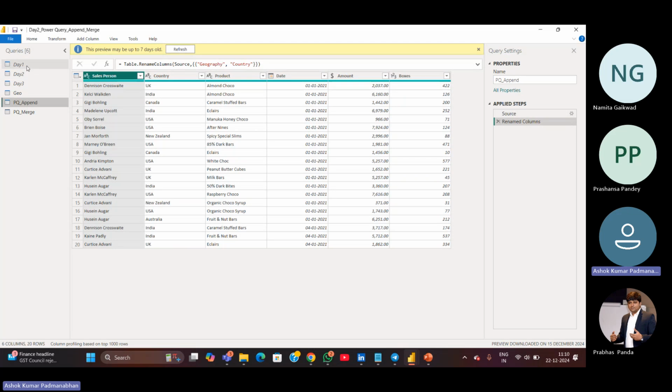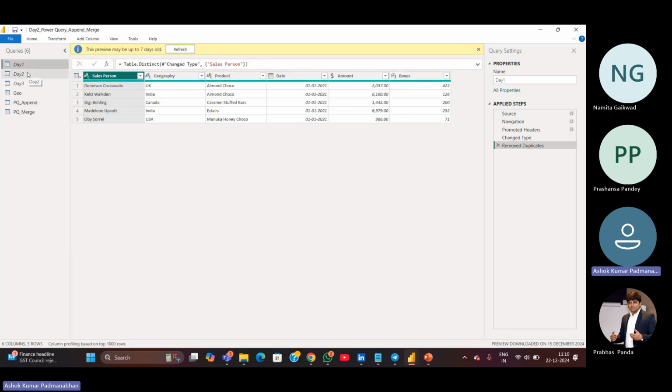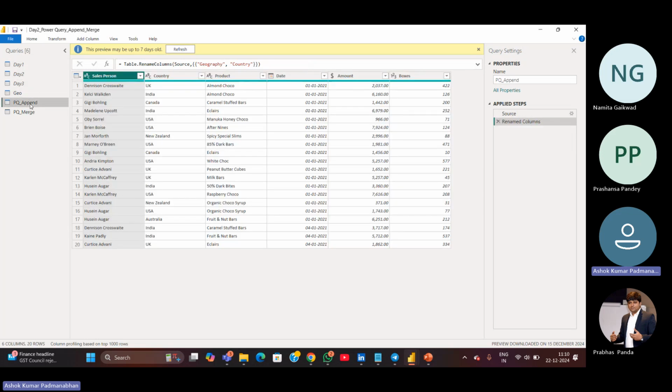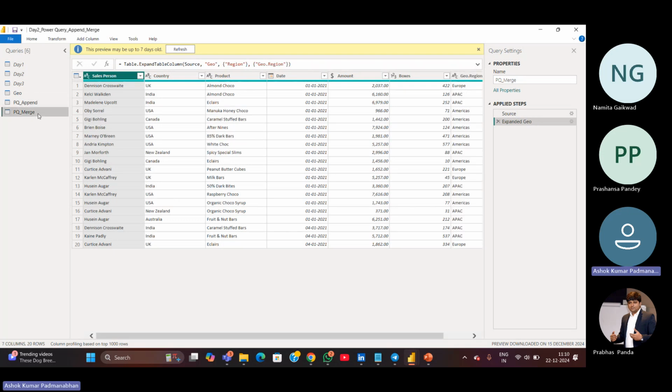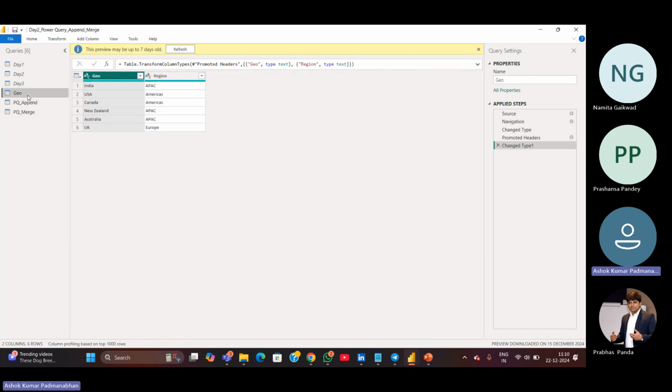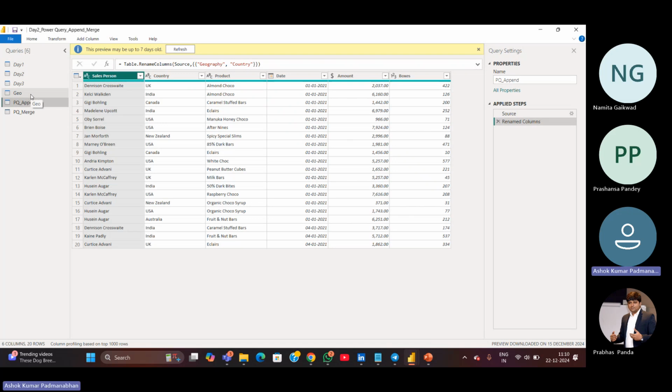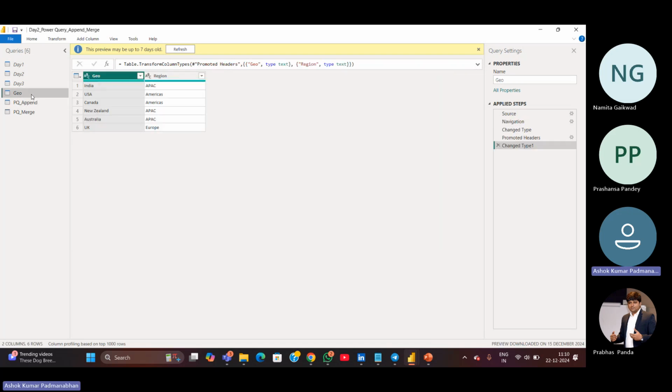If the data are in three different sources, which have the same number of columns, then we make one consolidated file by combining all the three, right? And also we have seen how to merge data from a different table, provided they have a common column between them. So we merged the two files, that is the appended file along with the geo table to get the region